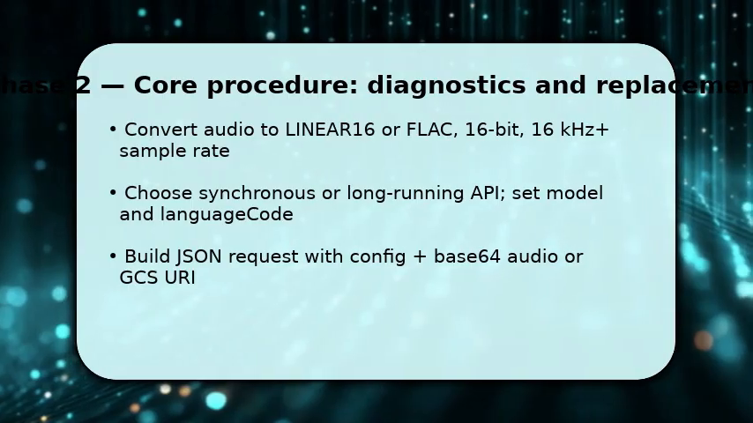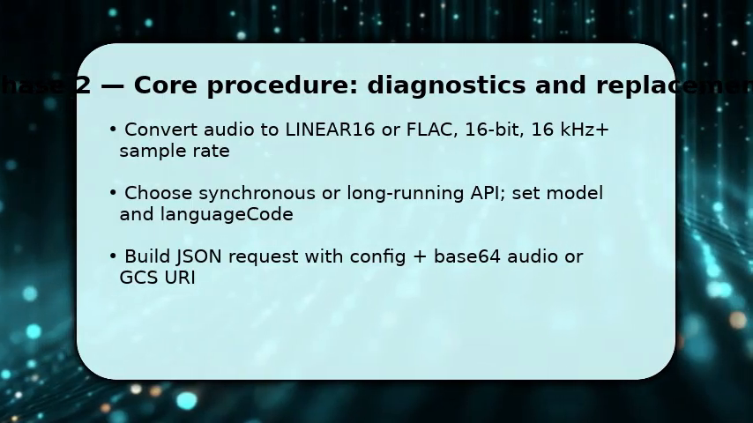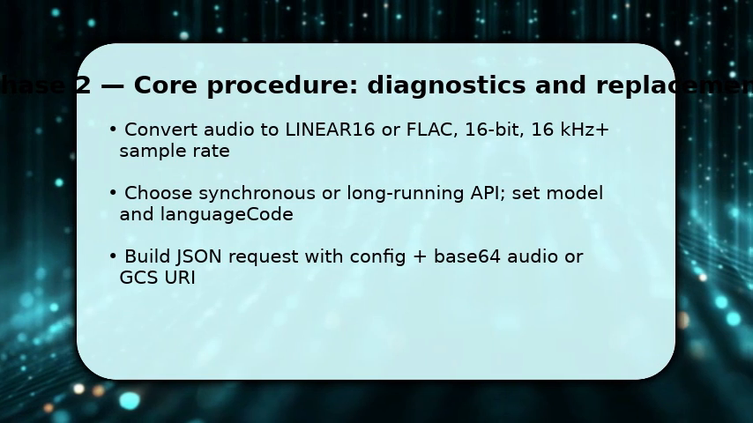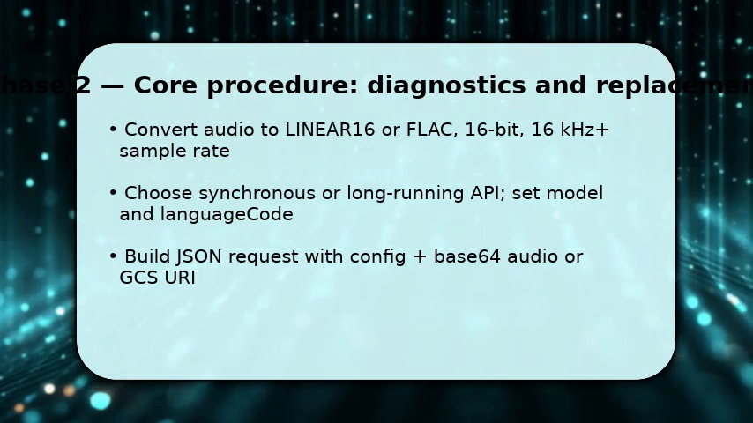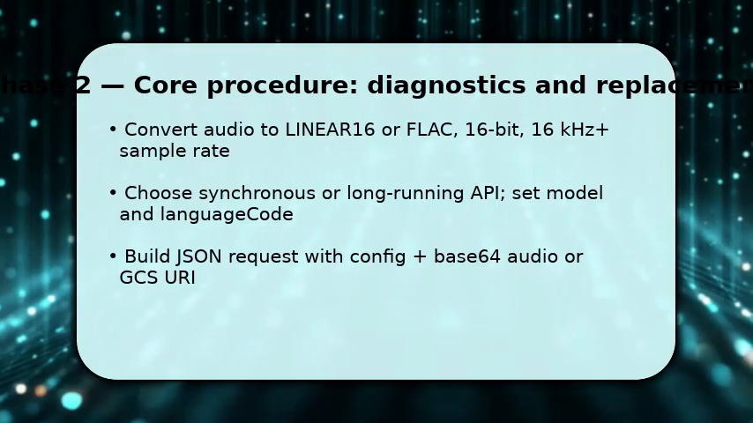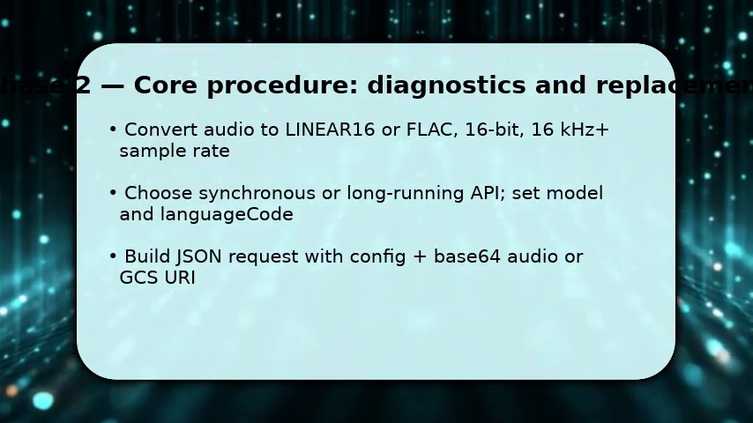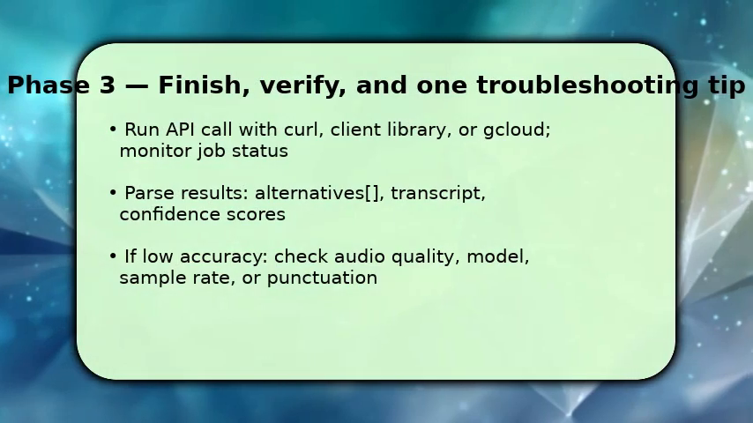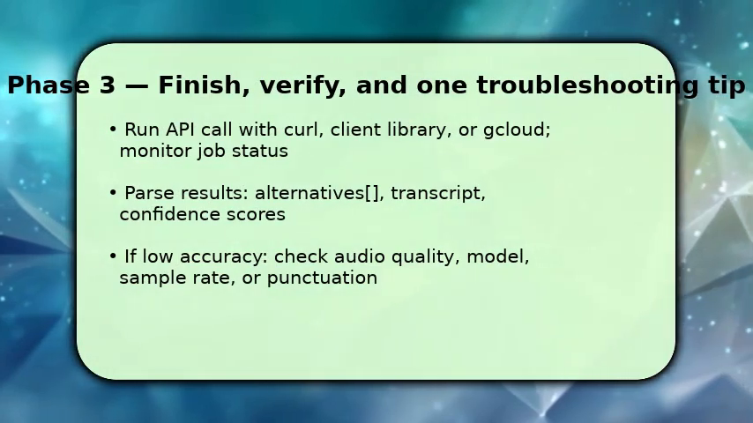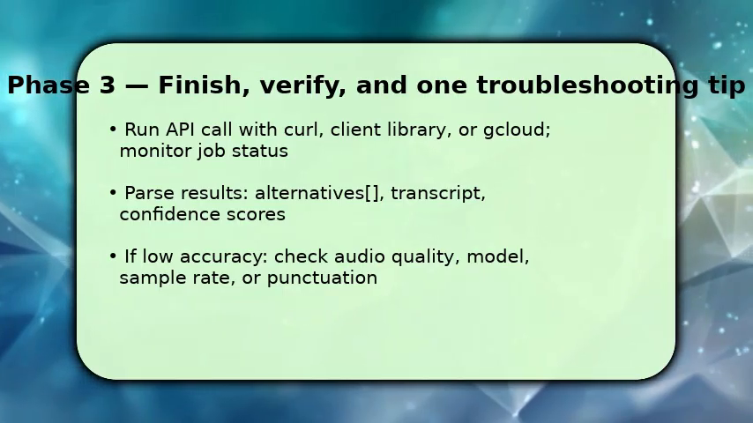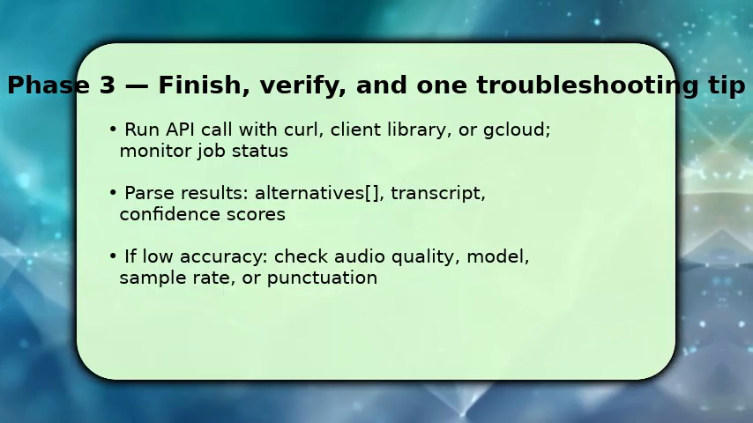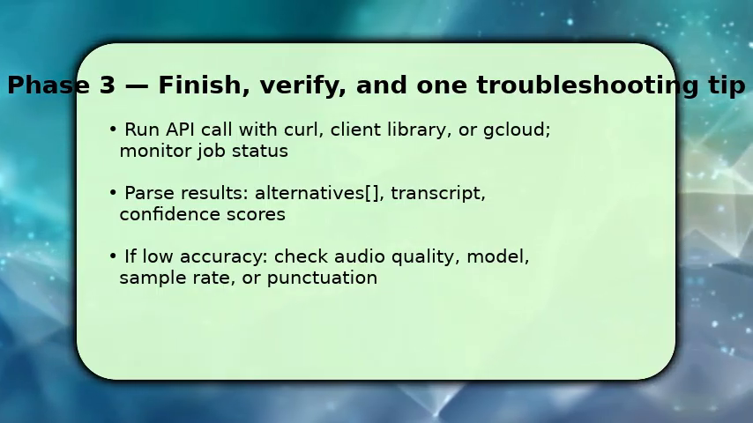Construct a JSON request with config options, encoding, sampleRateHertz, enable automatic punctuation, and include either base64 audio content or a Google Cloud Storage URI, so the API can process it. Run the request via curl or a client library, and for long jobs, poll the operation until done. This executes transcription reliably. Once complete, parse alternatives for the top transcript and confidence numbers so you know which segments